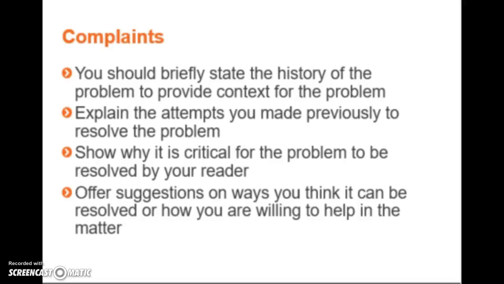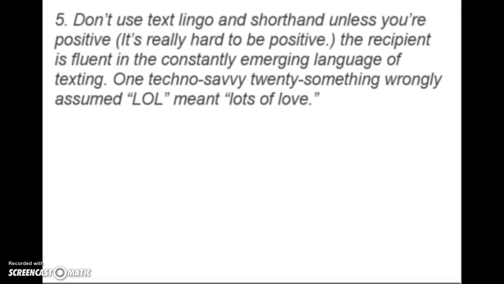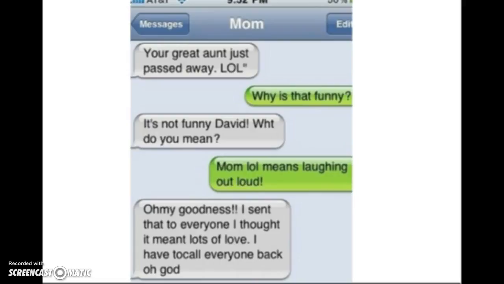Now let's talk a little bit about texting. It's very important to remember that in our tech-savvy world, even though everyone uses texting and WhatsApp, not everyone understands everything the same way. For example,